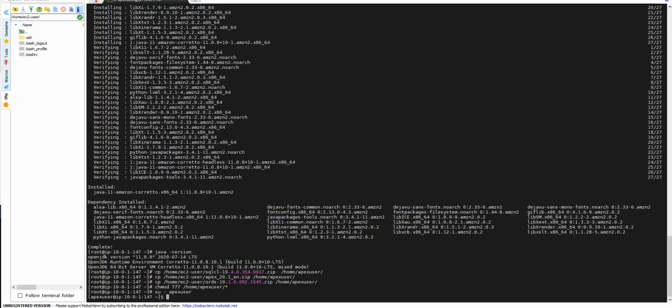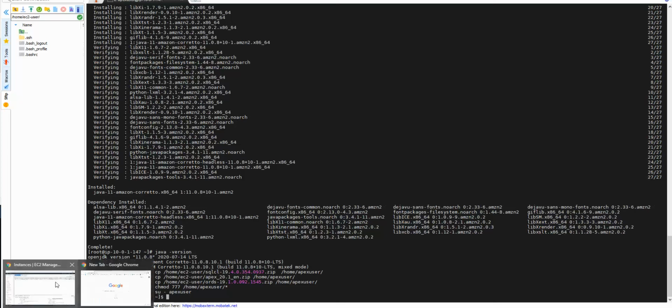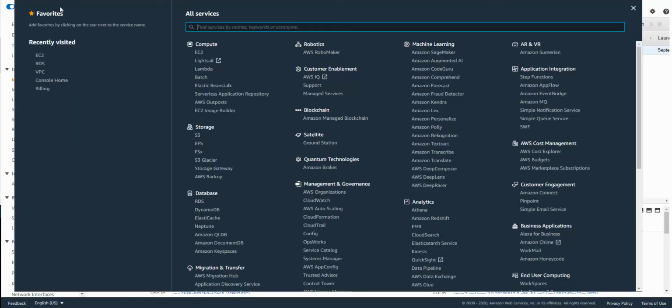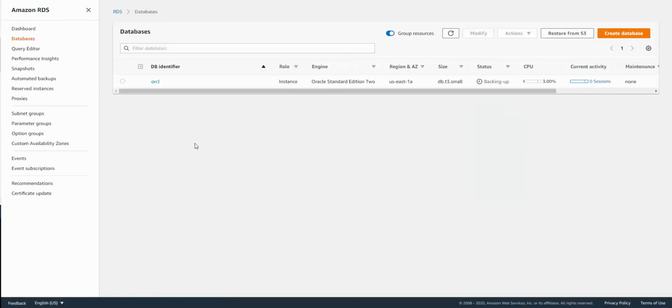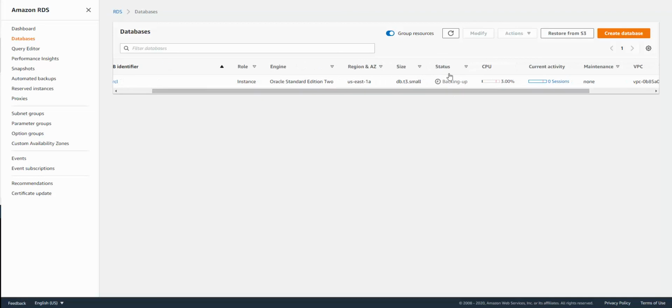So let's check the status of our AWS instance, right? So I'm going to the RDS console, DB instance. Right now it's still backing up, so it's not ready for us to connect to this database instance. So let's wait for a few minutes and then we'll come back and pick it up.